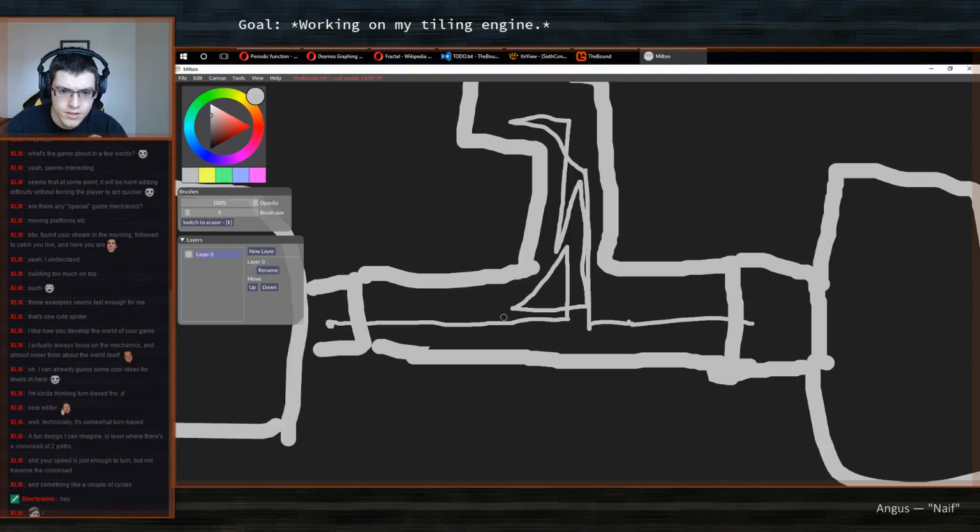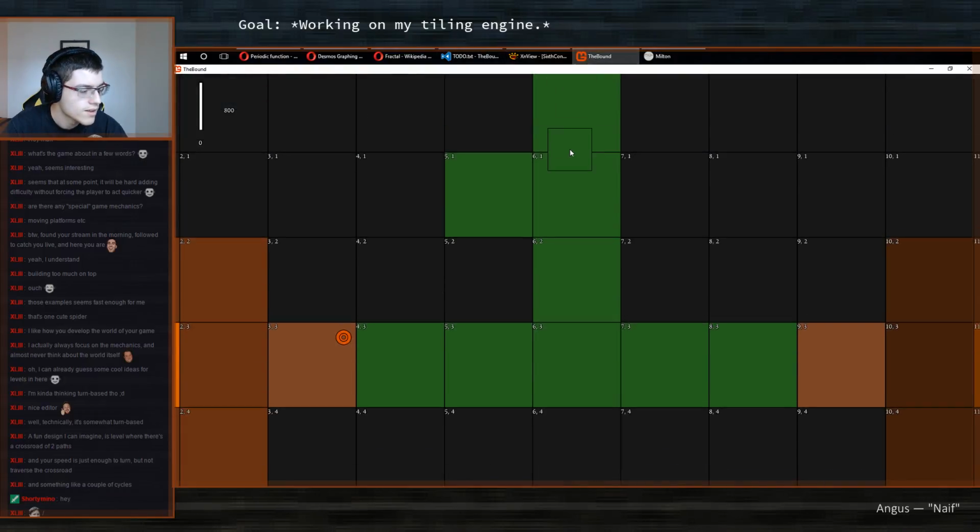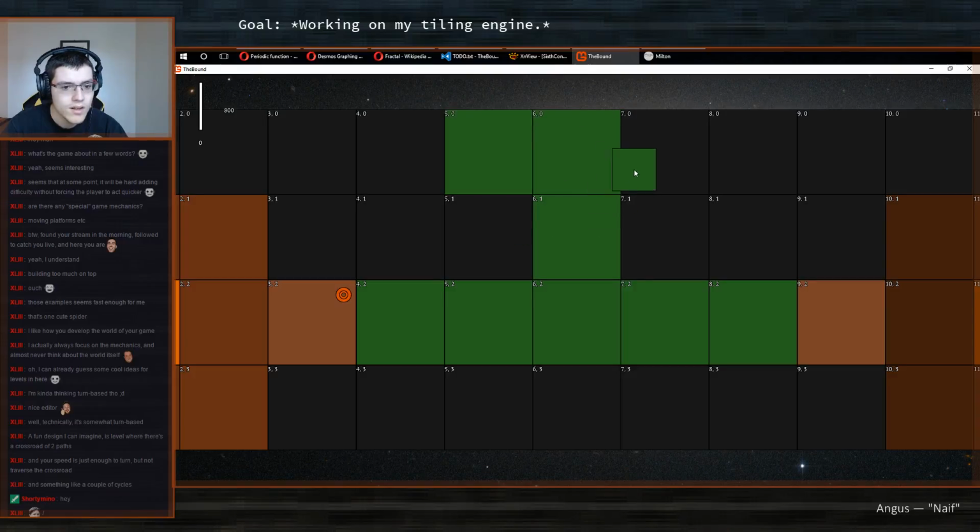Okay, so I first need to do this pattern, then go like that. Perfect. So to make this sort of triangle pattern,